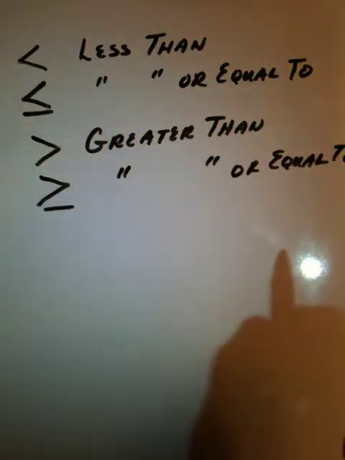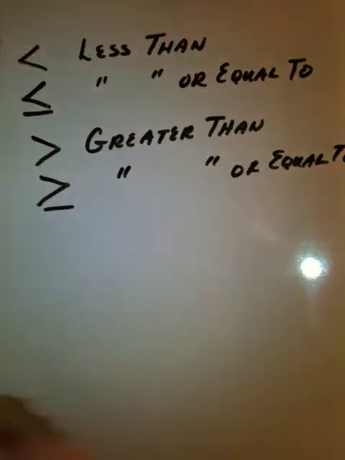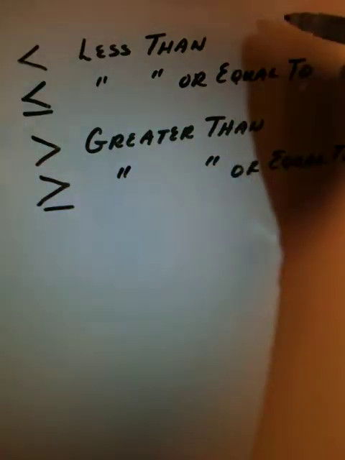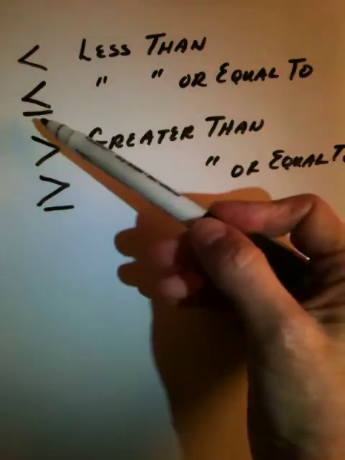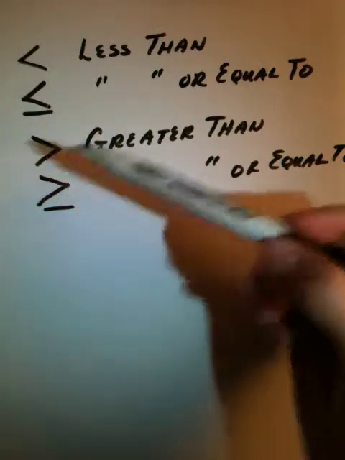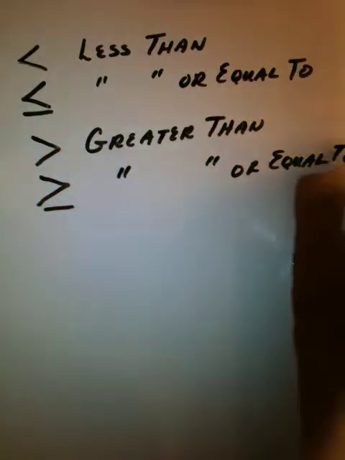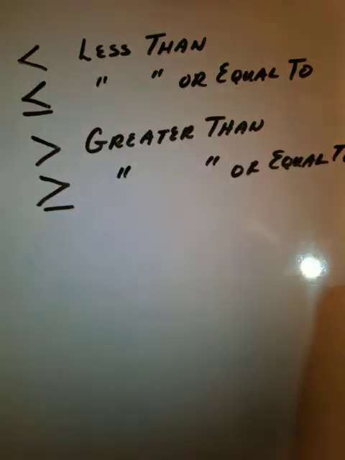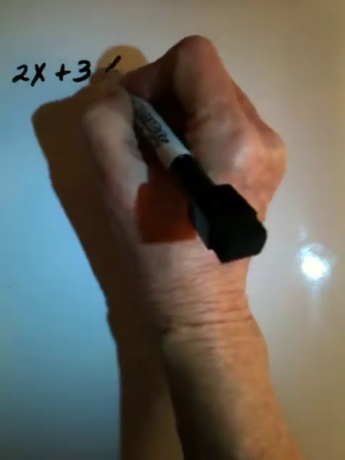If you have a less than sign or a greater than sign with no bar underneath it, you're going to use a parentheses to denote it, and for less than or equal to and greater than or equal to, we're going to use a bracket. If we have to solve an inequality, for example, 2x plus 3 is less than or equal